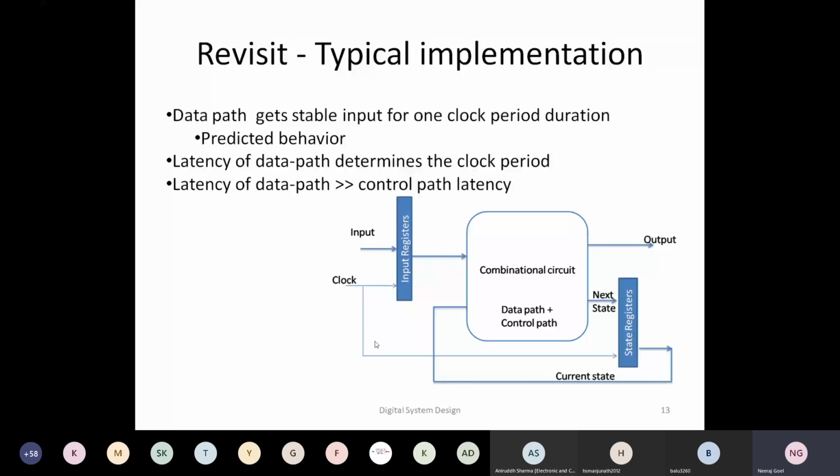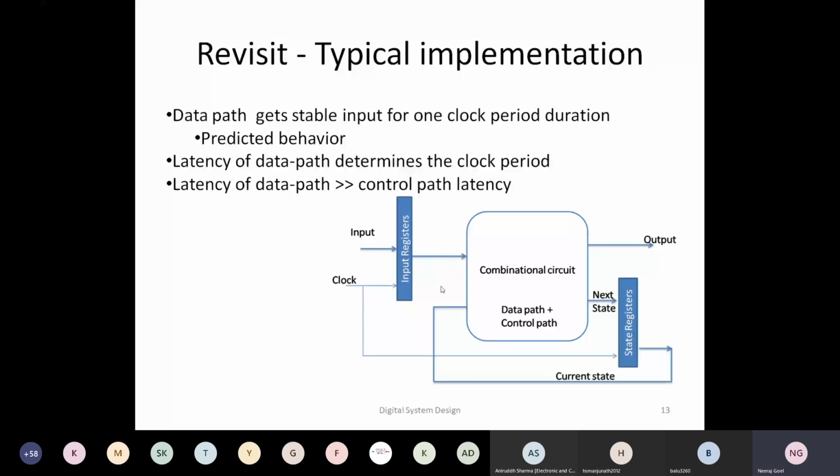Or in other words, the other thing is also true. If somebody else is determining the clock period for you, for example marketing, sales or your managers, then you will design your combinational circuit in such a way that you meet that clock period requirement. In that case, you will break your circuit into multiple clock periods, so that the same task happens over multiple clocks.